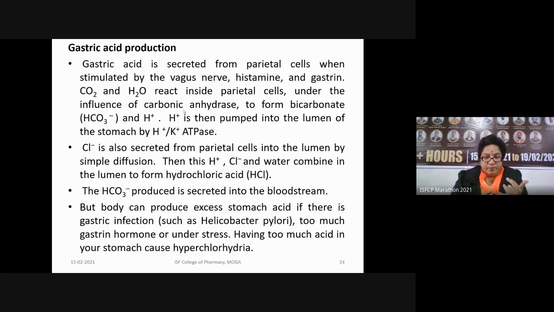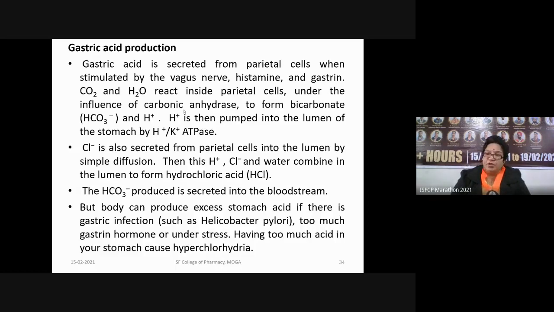The bicarbonate ion, HCO3 minus, that is produced, is secreted into the bloodstream. But the body can produce excess stomach acid if there is gastric